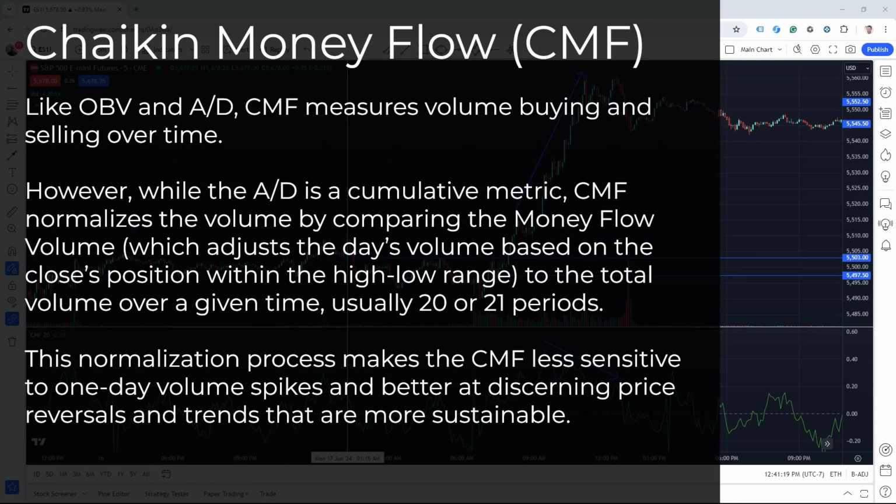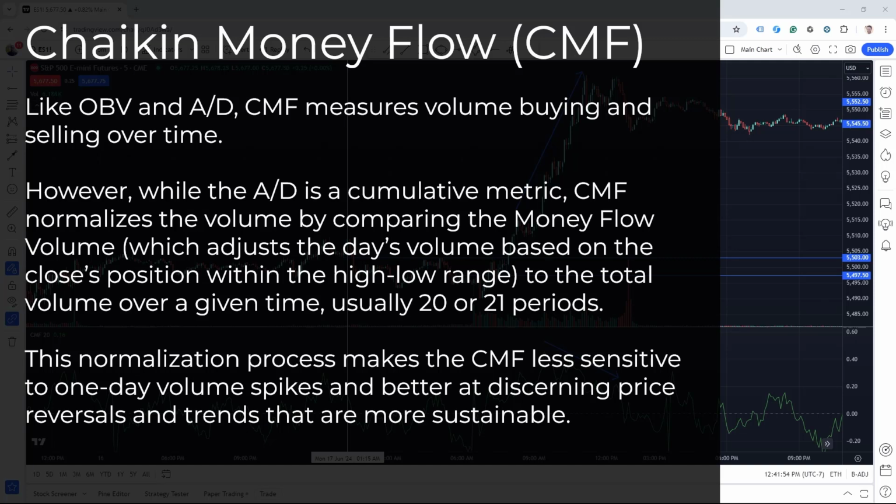Last on our list is the Chaikin money flow. Like OBV and AD, CMF measures volume buying and selling over time. However, while the AD is a cumulative metric, CMF normalizes the volume by comparing the money flow volume, which adjusts the day's volume based on the close's position within the high-low range, to the total volume over a given time, usually 20 to 21 periods. This normalization process makes the CMF less sensitive to one-day volume spikes and better at discerning price reversals and trends